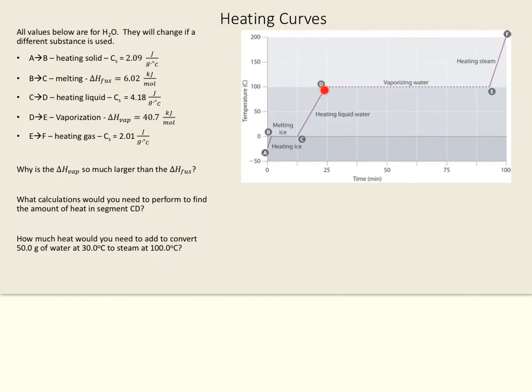Now at 100 degrees Celsius, it's going to start to boil. And it's going to boil and stay at 100 degrees until all of the water turns into steam or vapor or gas. And then once we have a gas, we can continue heating it. And so above 100 degrees Celsius, it's going to be gas. It's just going to get hotter and hotter. All right, so